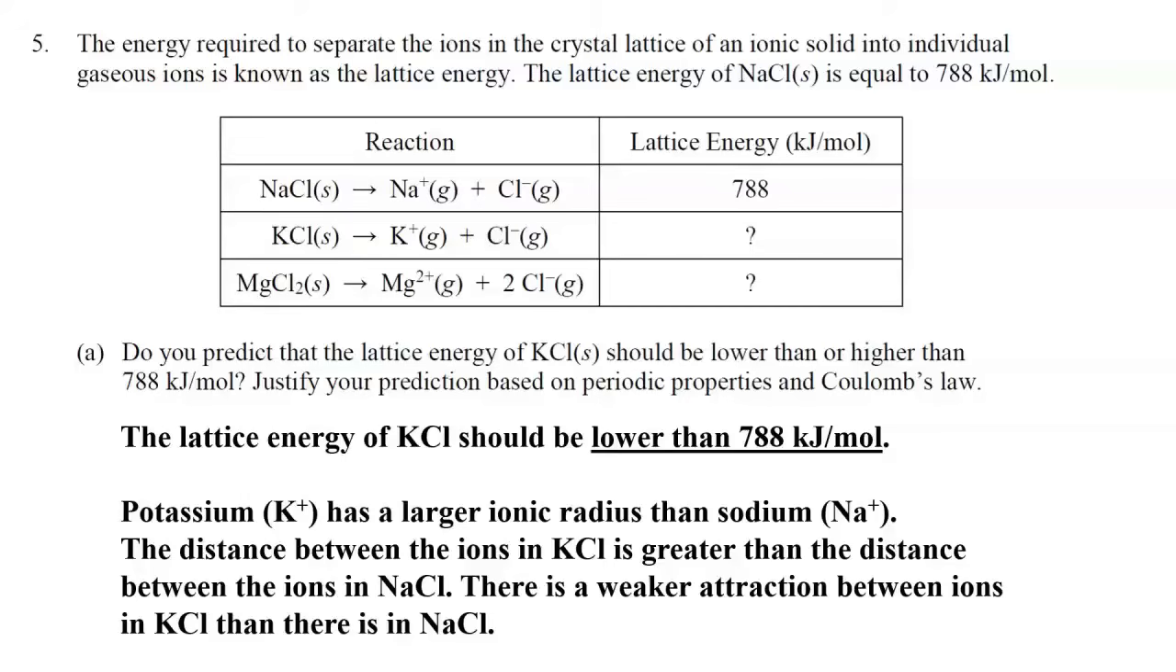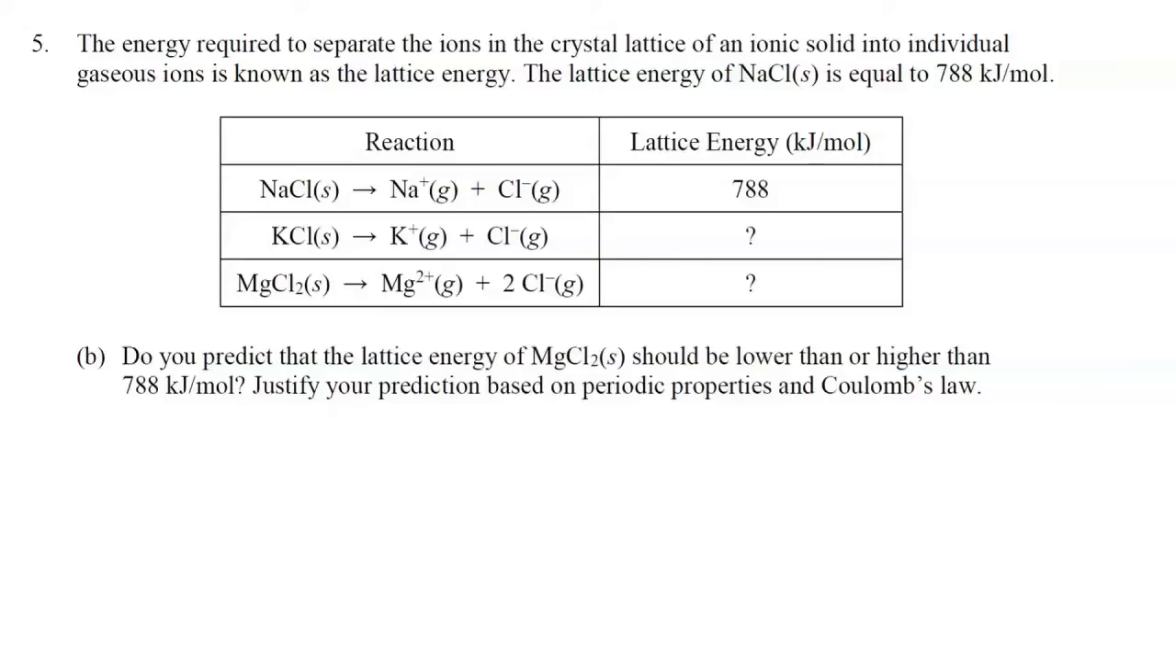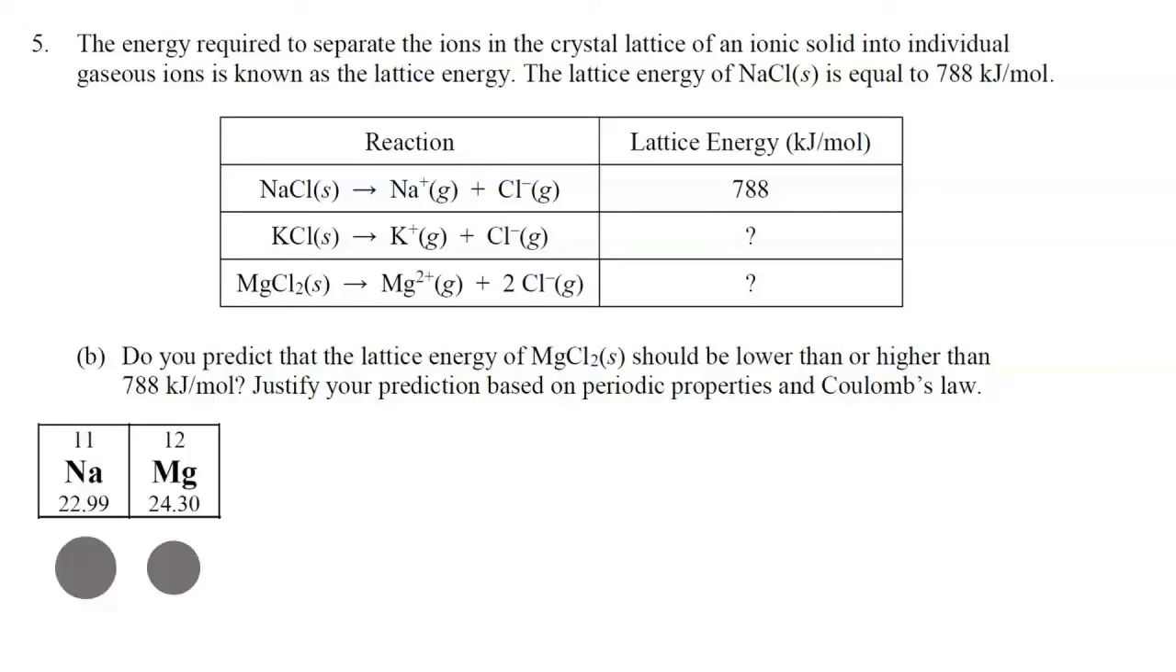Now let's take a look at part B. In part B, we are comparing the lattice energy of magnesium chloride with the lattice energy of sodium chloride. So sodium and magnesium are in the same period, and as we go from left to right across a period, the atomic radius decreases. So magnesium, the ion, is actually a little bit smaller in size than sodium, the ion. But I think more importantly, the magnitude of the charge on magnesium is twice as much as the magnitude of